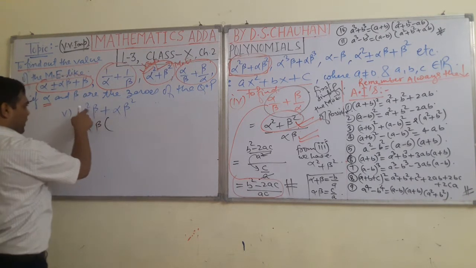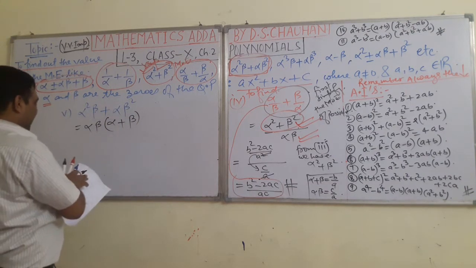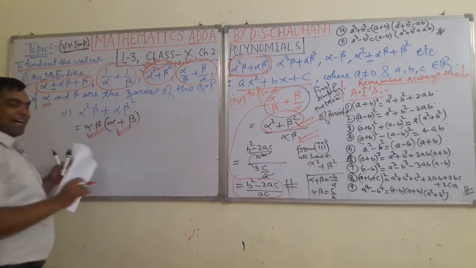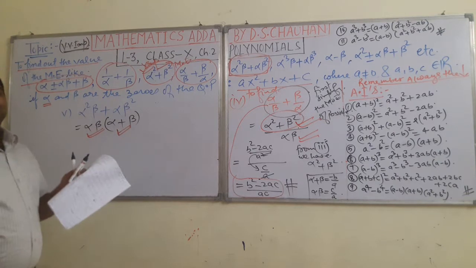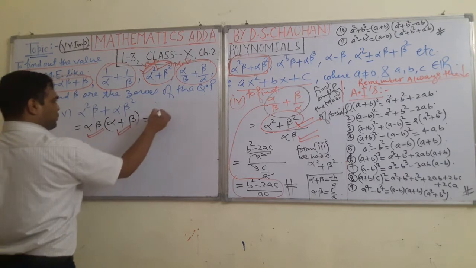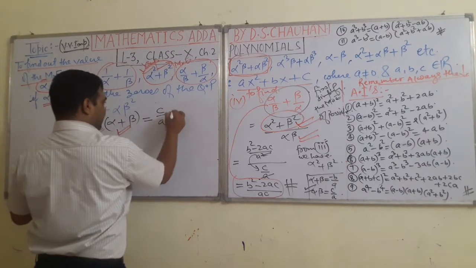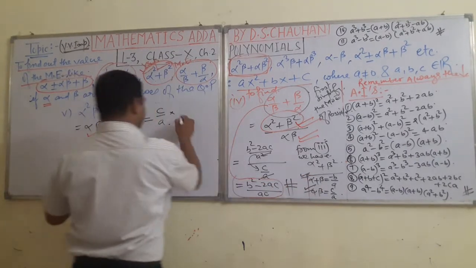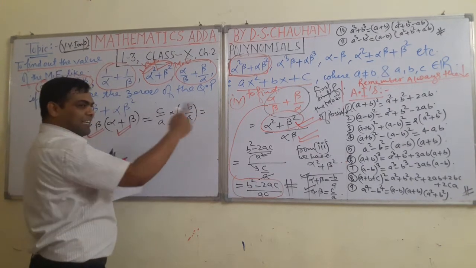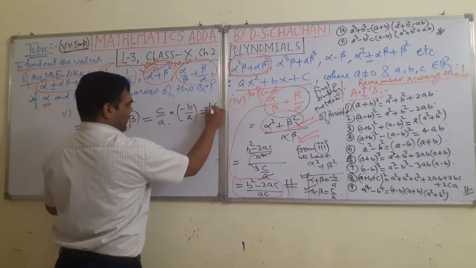What you will get here? Here one alpha will remain and here one beta will remain. And it is good luck for us that we are at such a stage where we know this alpha plus beta, and we have alpha beta, which are the sum and product of the zeros respectively. So putting the values of this expression, alpha beta, it is what? c upon a, already you know, and alpha plus beta, this is what? It is minus b upon a. You have these things in advance. Now simplify, get your answer. This is nothing, cancellation is possible. So what you can note down? Minus bc upon a square.